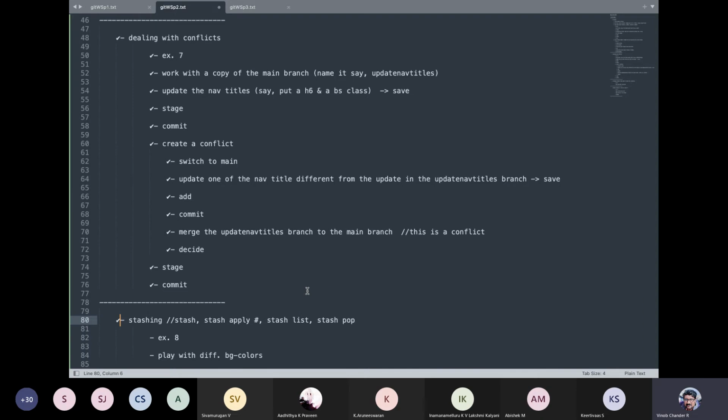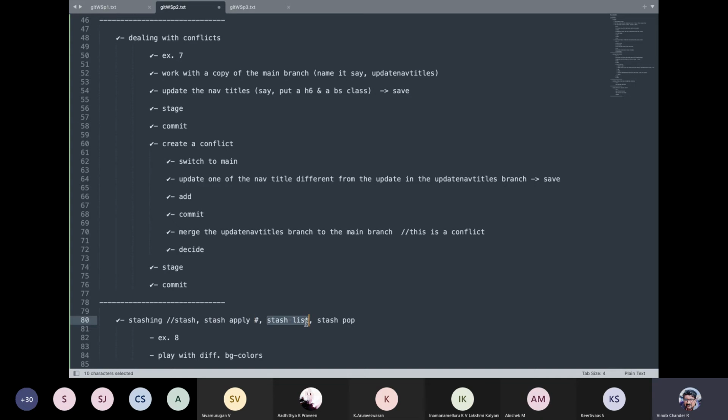Stashing. For stashing, you do a git stash. So the command is git stash, and then to apply the particular stash, you say git stash apply, and then specify the stash number. You may have multiple stashes, and every stash actually gets a number. You say stash apply, and then you specify that particular number.